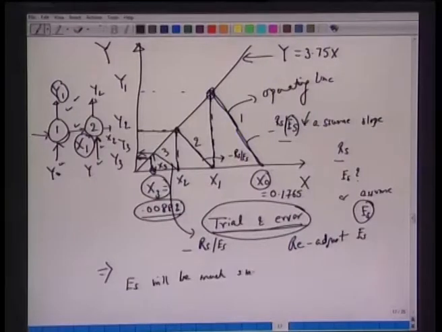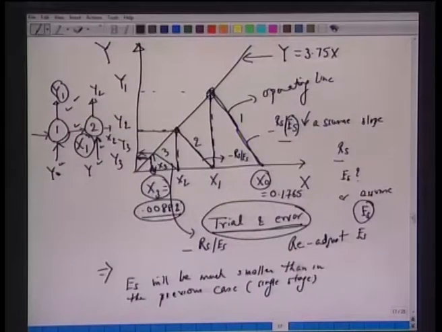than in the previous case, which is the single stage. Actually, the total amount is 3 times ES, because we are assuming that all 3 stages have the same flow rates. Here the amount of solvent required will be much smaller than in the case of the single stage. I leave this as an exercise, to solve graphically as well as by mathematically writing down the equations.